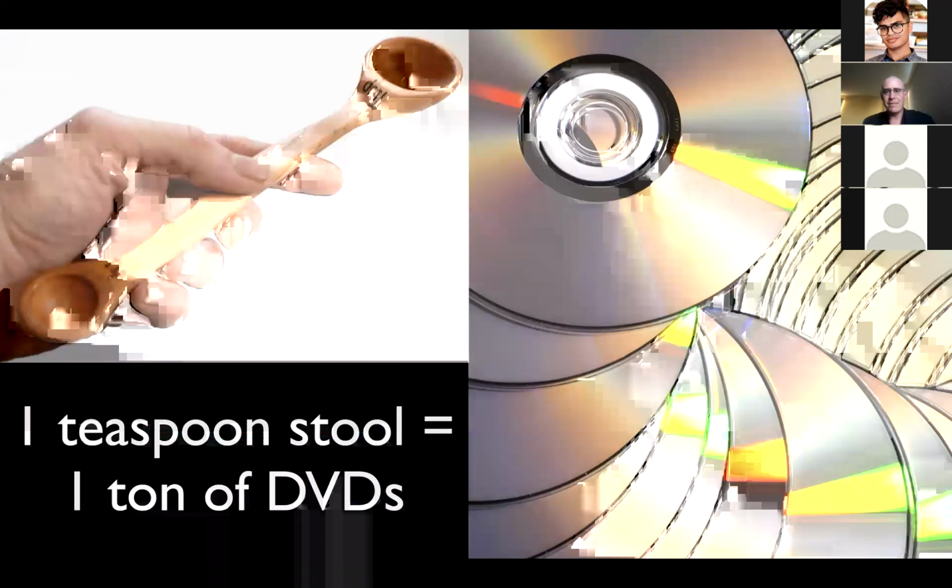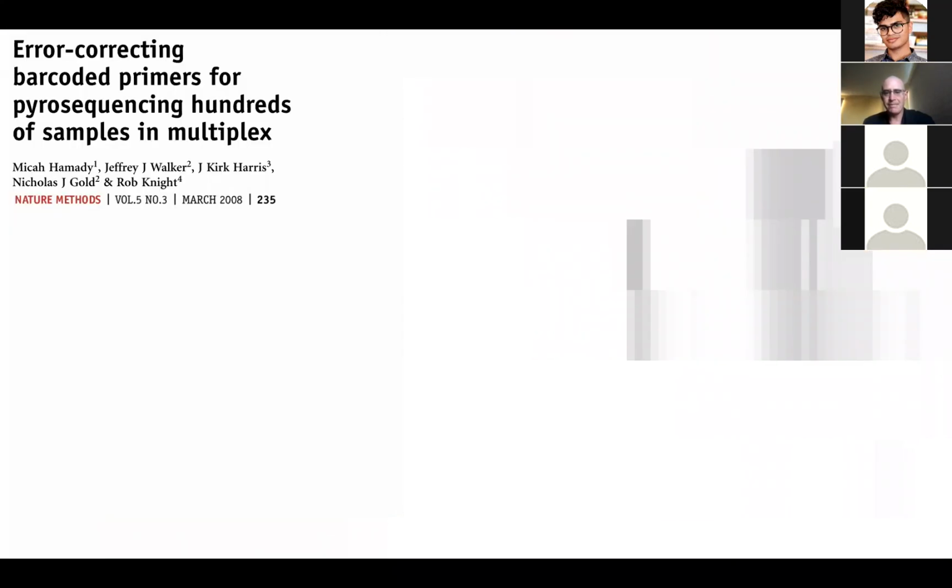And all of this is very much a big data problem. So amazingly, each teaspoon of your stool contains in its microbiome DNA the amount of information it would take a ton of DVDs to store. So you can think about that the next time you're taking a data dump, as it were. Now, a large part of what's contributing to our ability to read out all this data is improvements in sequencing technology.